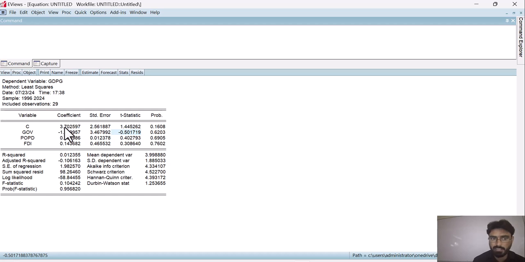If we divide this value by this, we will get this t-value, and when we divide minus 1.73 by 3.46, we will get this value of the t-statistic. So for the calculation of the t-statistic, the formula is coefficient divided by standard error, and it will give us the t-statistic value.